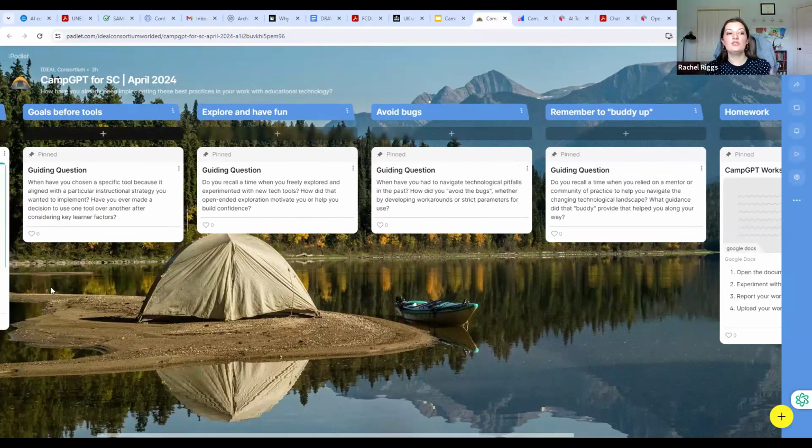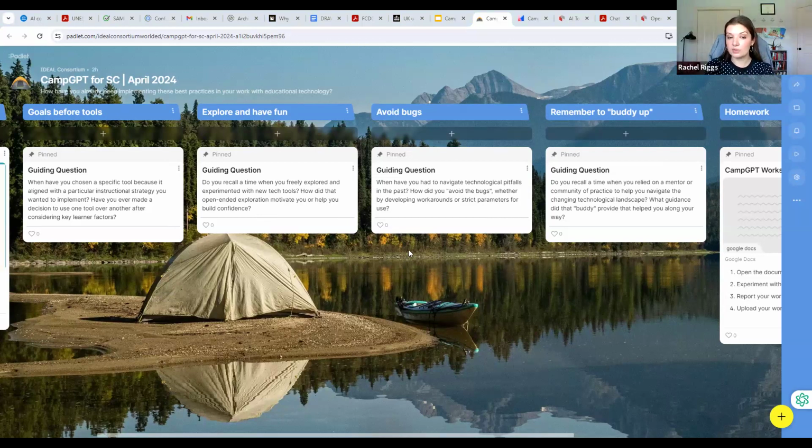When is a time that you've chosen a specific tool because you felt it really aligned with your particular instructional strategy or key learner factors? So think about a time, maybe I was looking at Microsoft Word versus Google Docs, and I chose Google Docs because why? Okay. Share a time here in the second column that you have just freely explored and experimented with